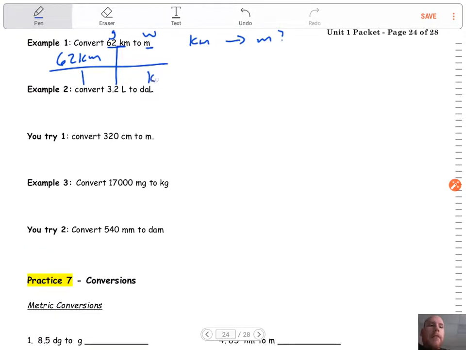So kilometers will go on the bottom, meters will go on the top. Okay, kilometers are going to cancel out. Look at, my units are driving my math, because now my units have canceled out. I'm left with the unit I'm trying to get to. So now I just fill in the numbers. So if I take a look back here, right,